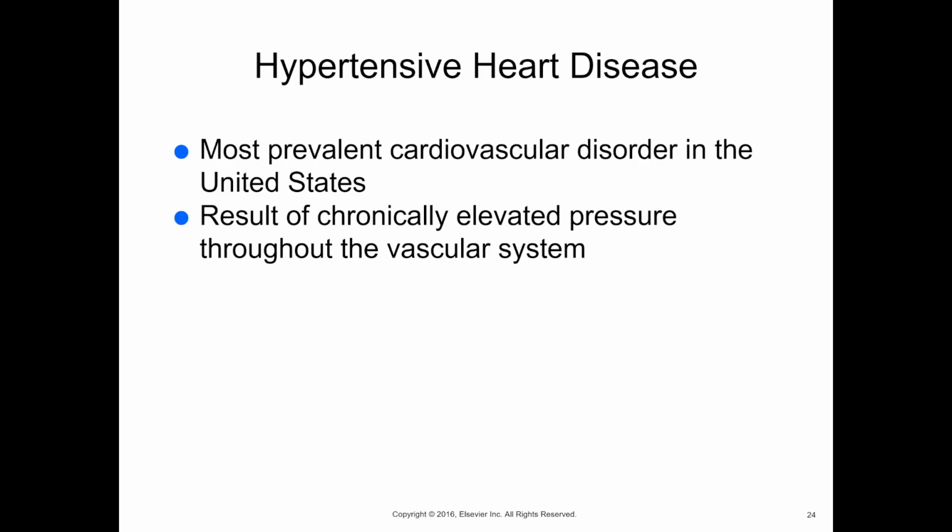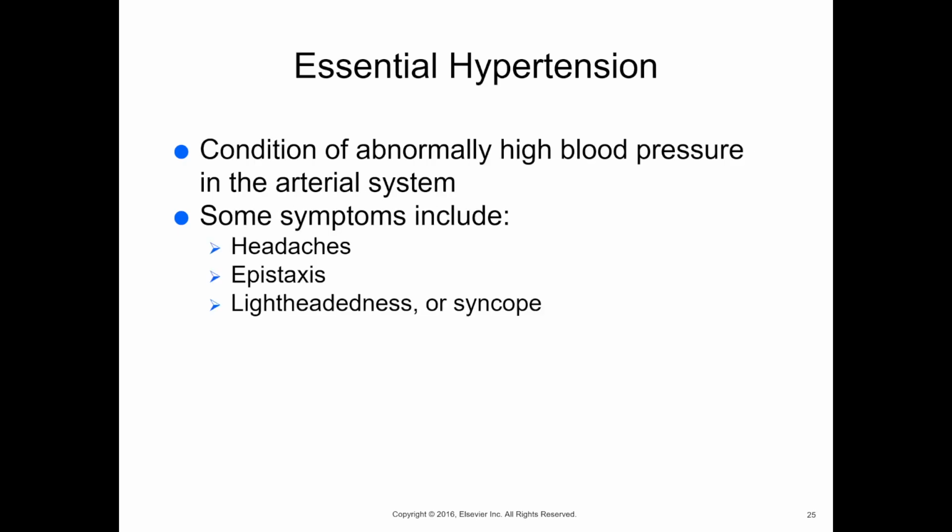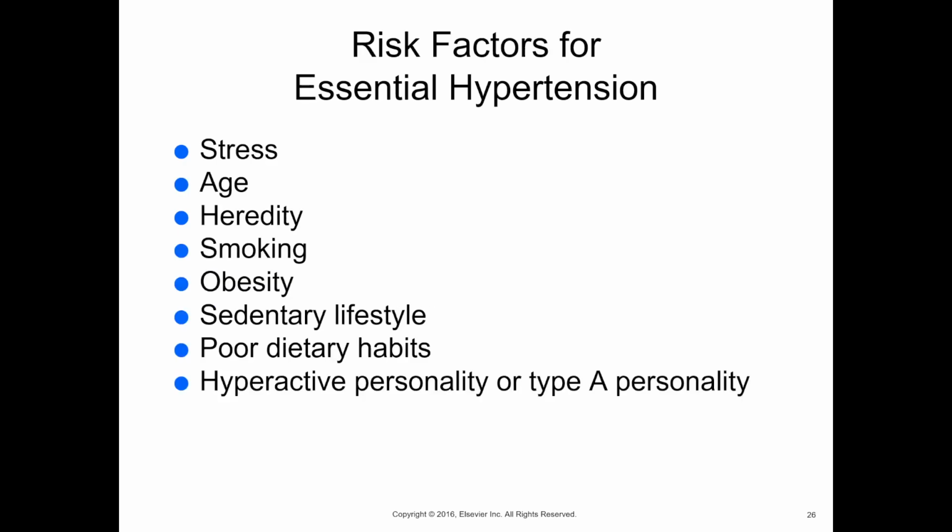Hypertensive heart disease. So this is a very common condition associated with atherosclerosis, arteriosclerosis, and kidney disease. It's the result of chronically elevated blood pressure throughout the entire body. Common symptoms for this are headaches, epistaxis, which is nose bleeding, lightheadedness, and syncope. The risk factors